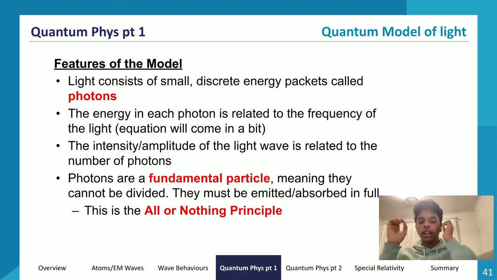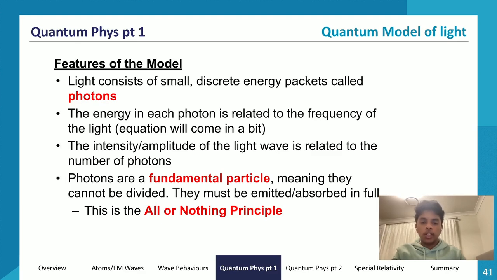particles that are even less than protons and neutrons. So they're like electrons. Electrons can't be broken down any further. Protons and neutrons can be broken down further into even smaller particles, which we'll learn about in Module 8. But basically, photons are also fundamental particles. So these fundamental particles just cannot be broken down any further.